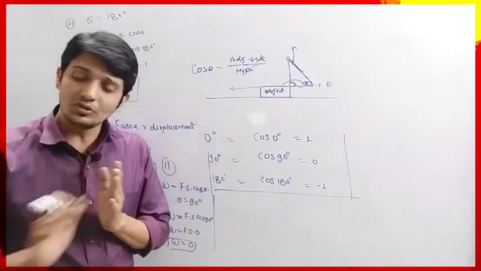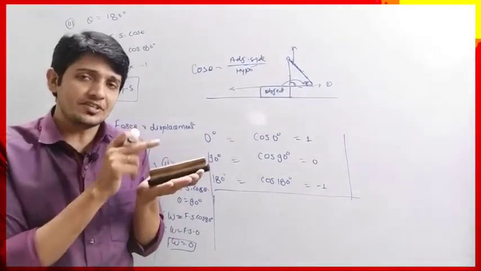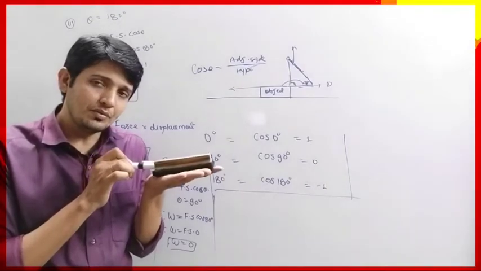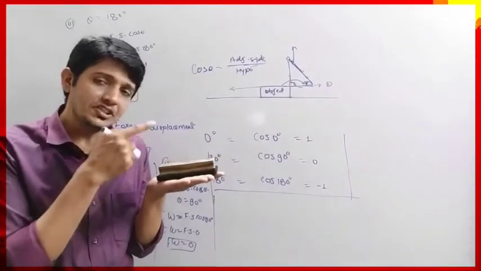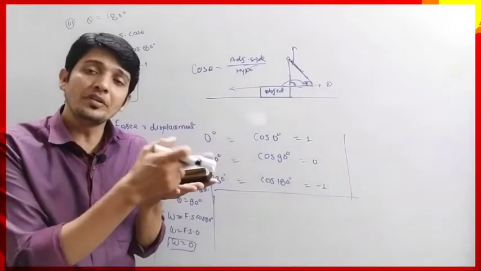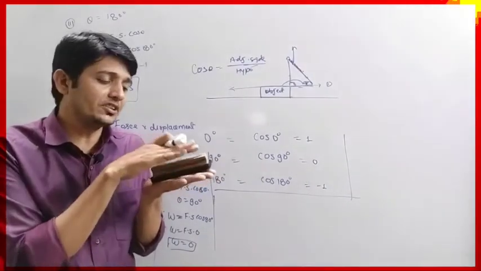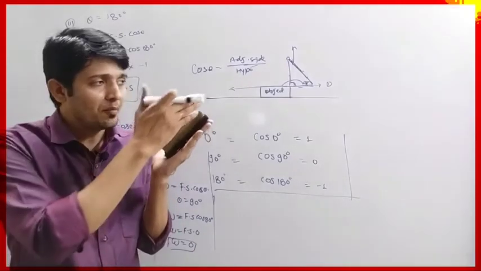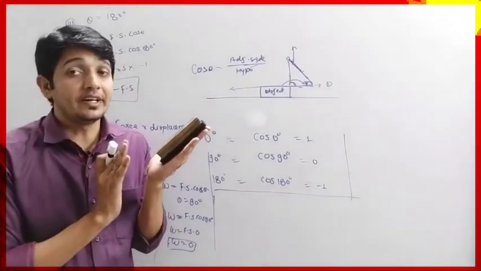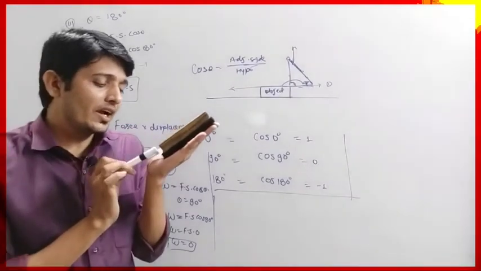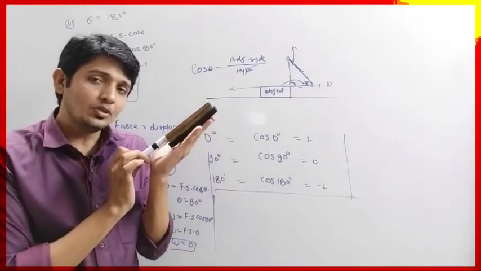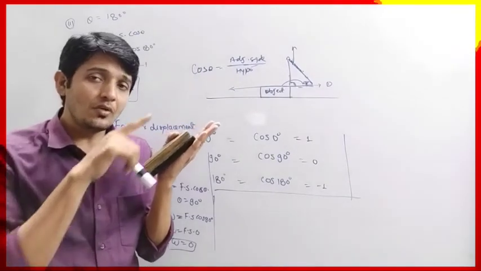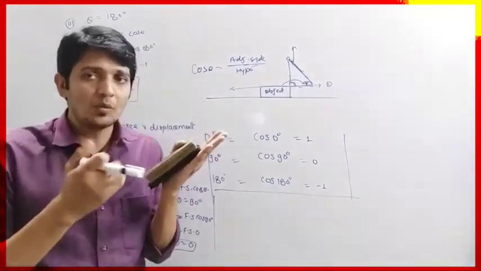Okay, so we can say that if we want to push the object in this direction, like suppose this is the object, and we are applying force in this direction, then the object will move in this direction. If suppose this surface is tilted, then what will happen? If we apply force, in which direction will the object go? It will come in the downward direction. See, I am applying force in this direction and the movement is happening in the opposite direction.